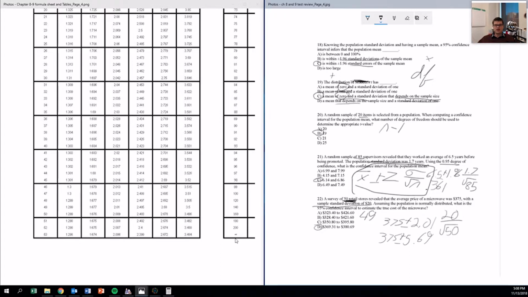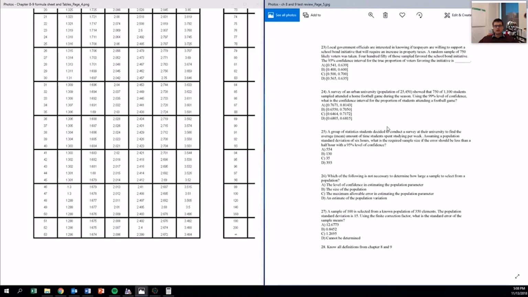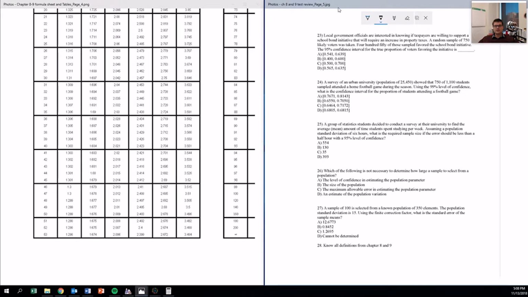Okay, moving on to the last few questions. Local government officials are interested in knowing if taxpayers are willing to support a school bond initiative that will require an increase in property taxes. Randomly selecting 750 voters, 450 of these voters were in favor of the school bond initiative. The 95% confidence interval for the true proportion of the voters